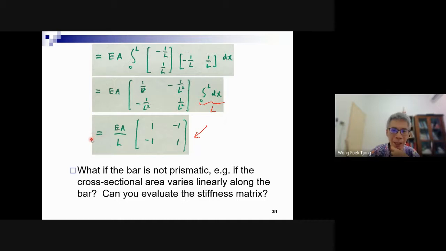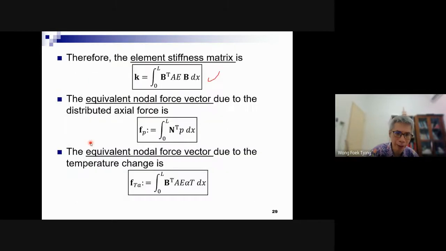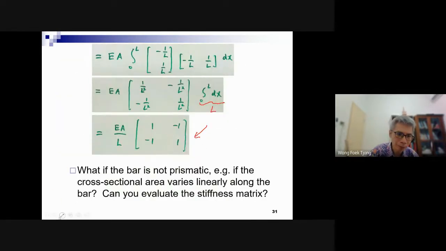But here we derive it with the principle of virtual displacement, whereas before we derived using equilibrium directly. This method is powerful because maybe you wonder, how about if we have a problem of a non-prismatic bar, maybe like this, and then we divide it into 2 elements? Of course, we can model it using 2 elements, right?